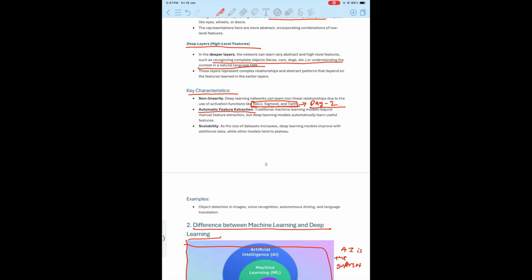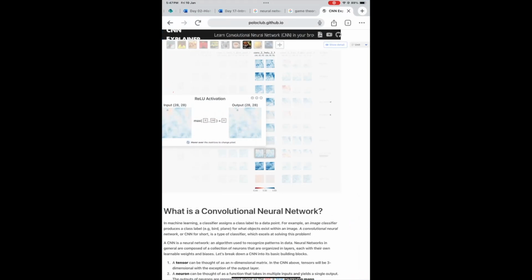So one more difference between machine learning and deep learning is that deep learning requires a lot of data. It requires literally a lot of data to train the model, to let the model understand what our needs are and what we want. So on scalability, as the size of the data set increases, deep learning models improve with additional data, while other models tend to plateau. I would like to show you